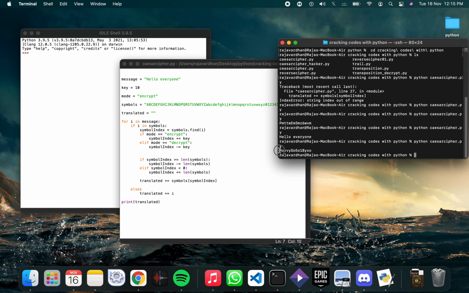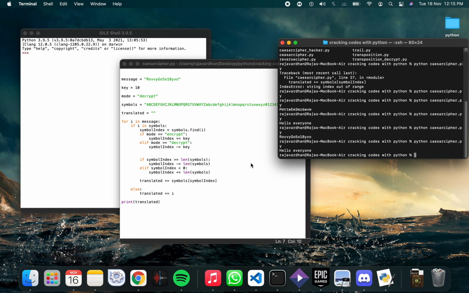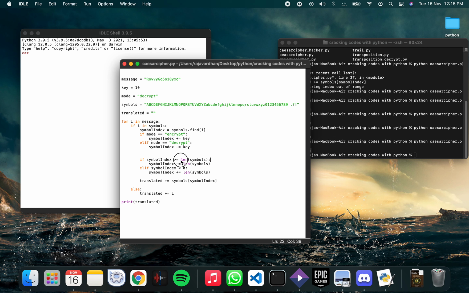Let's try to decrypt it again. Here you can see it is decrypted again. This is how Caesar cipher works. Like I said, the problem is no matter what the message length is, the number of ways that a message can be encrypted is only the length of the symbols, right?